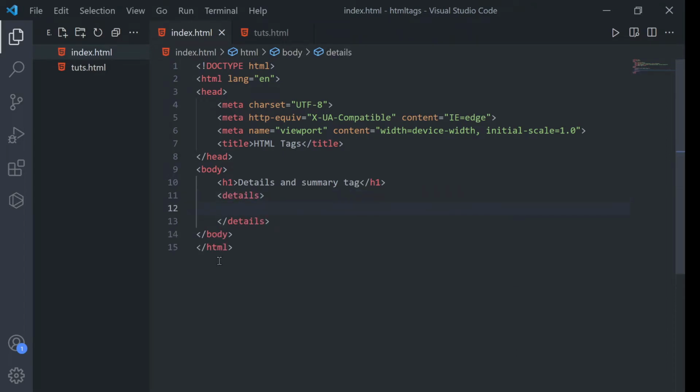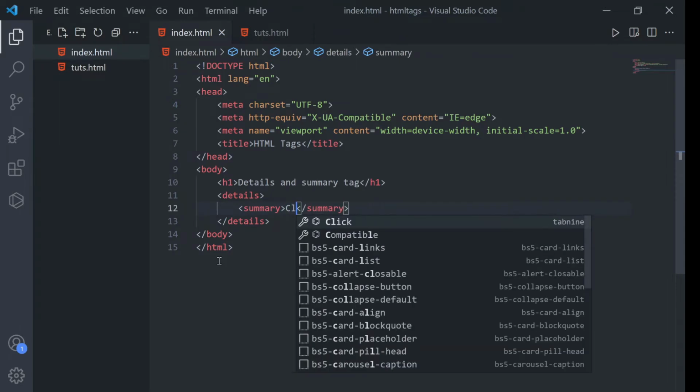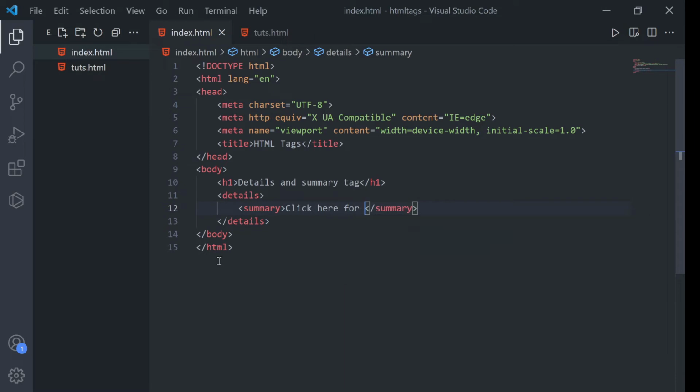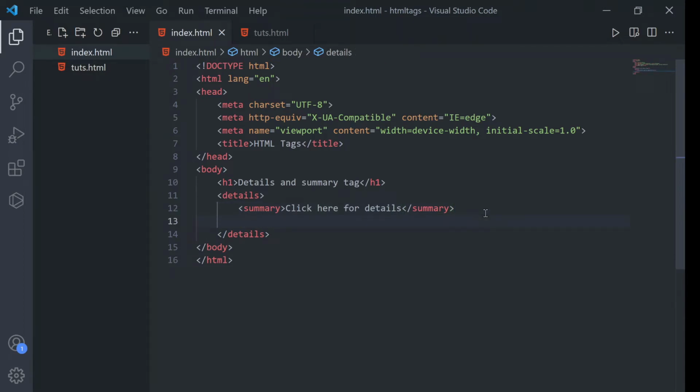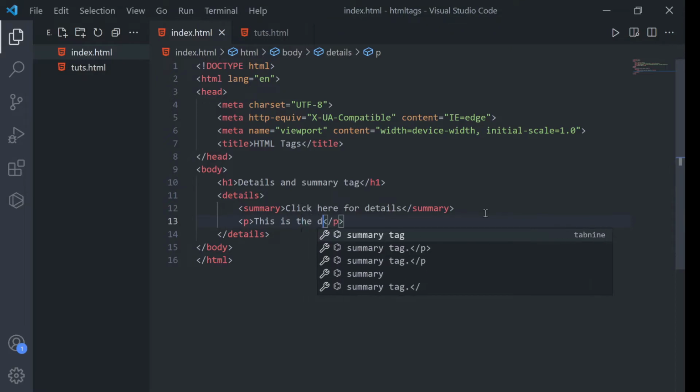I will type details, and inside details I will type summary, and inside the summary you need to give the title, like let's say click here for details. And after closing the summary tag, inside the details tag only, keep this in mind, you need to be inside the details tag only, you need to type the details. I will keep it inside a paragraph, and this is the detail of